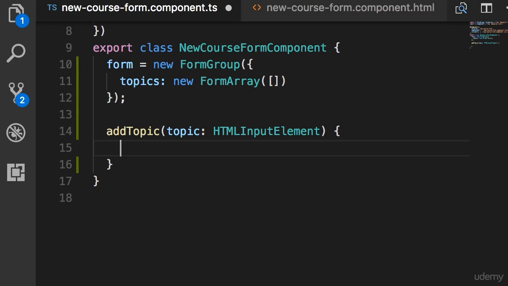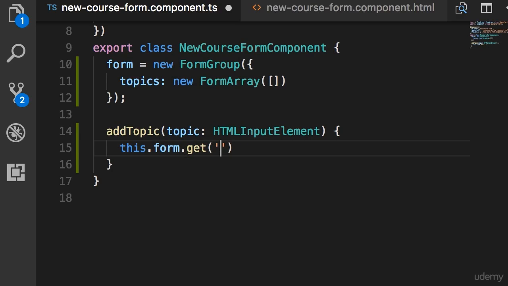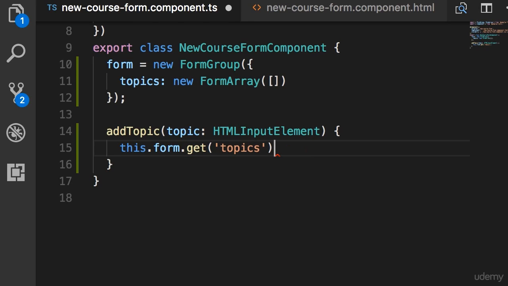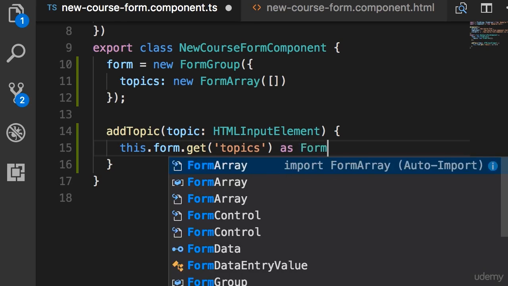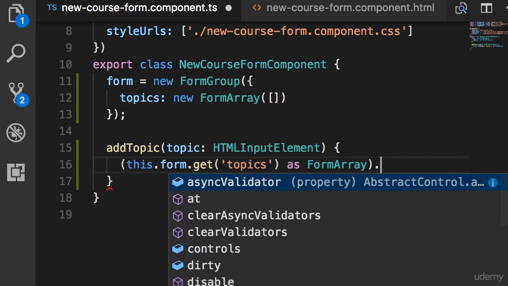Okay, so we start with this.form.get, just like before. The name of our property is topics. Now this get method returns an abstract control object. An abstract control doesn't have the push method because it's only defined in the form array class. So if I add dot here, look, there is no push method. So we need to explicitly cast this to form array. So as form array,